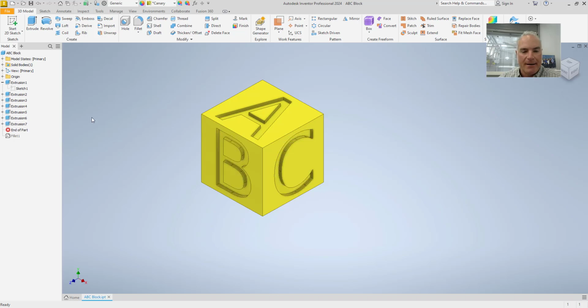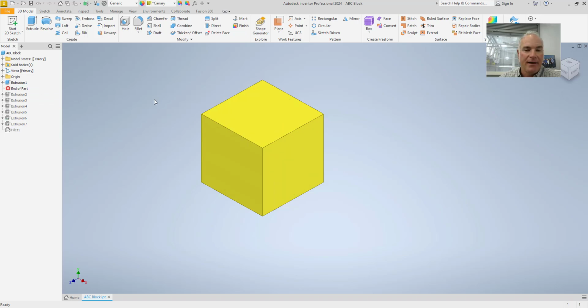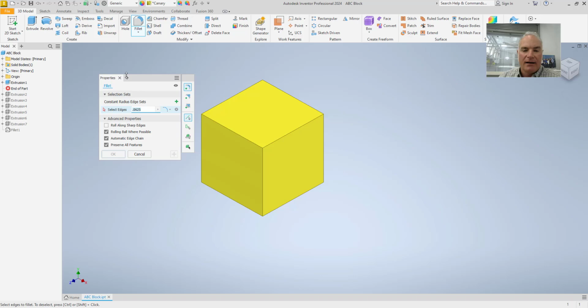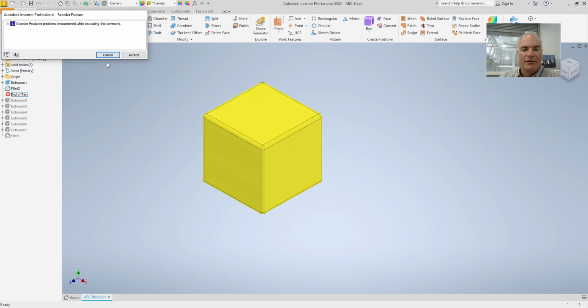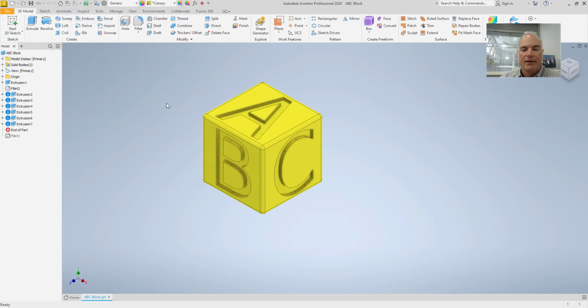Let me give you one example of that. If I come in here, for example, and drag the end of the part all the way up here, and then add my fillets, all of those fillets on the outside edges there, it all looks fine here, but when I try to drag the end of the part back down, you'll notice that I get this message saying, hey, there are problems, and if I choose accept, it goes ahead and finishes it out,